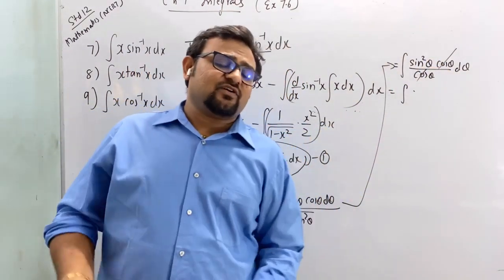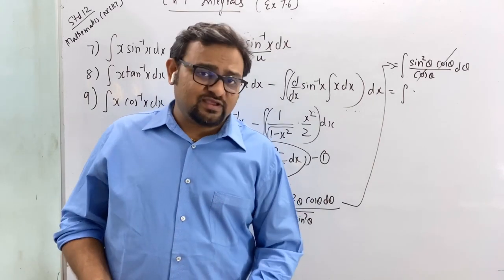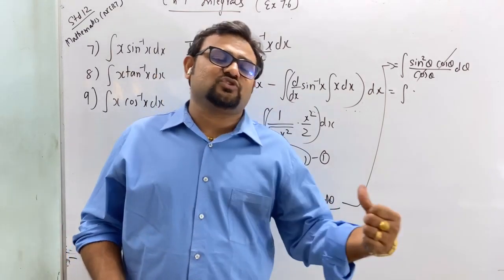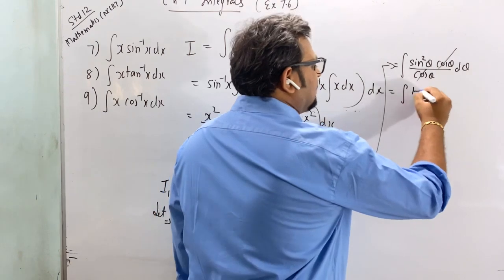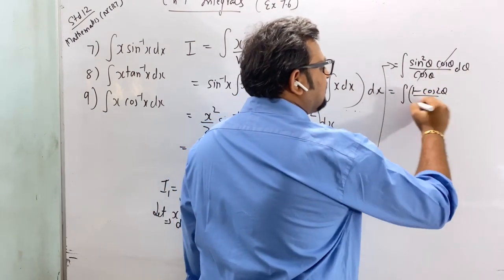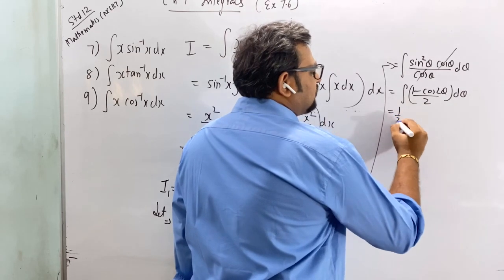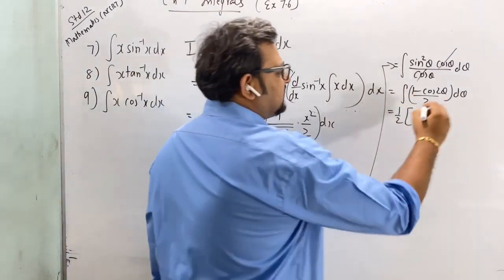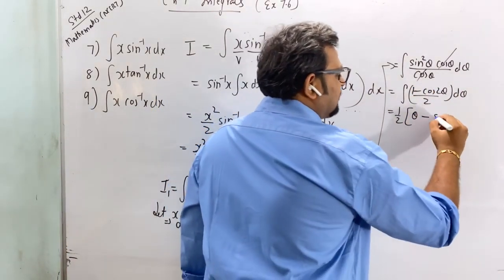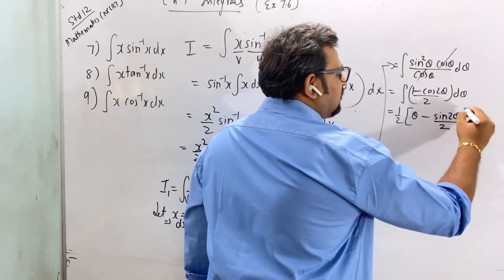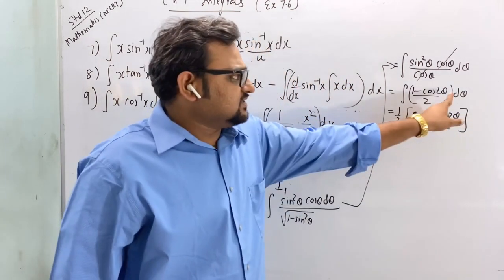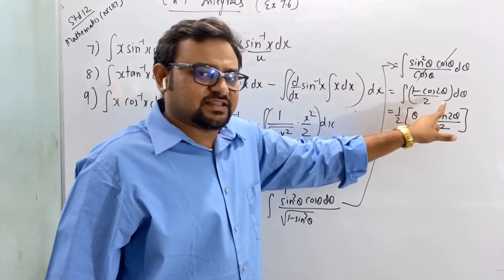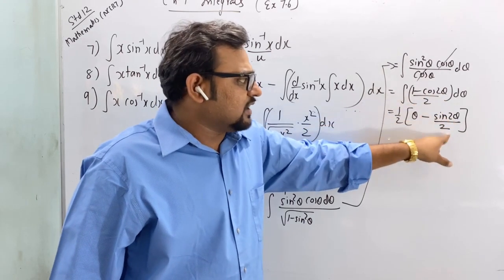Now, just basics from the first exercise, and also in 7.3 we had done this. When it is sin square, use the formula sin square theta equal to 1 minus cos 2 theta by 2. So integration of 1 minus cos 2 theta by 2 d theta, 1 by 2. I have taken these two outside. So integration of 1 d theta will be theta, and cos 2 theta will be sin 2 theta upon 2. See here it is theta, so I will take theta, not x. Clear? Integration of cos is sin, but it is multiplied by 2, so I have divided by 2.